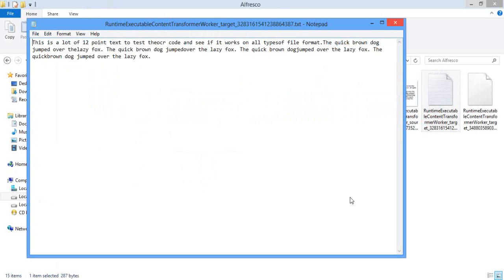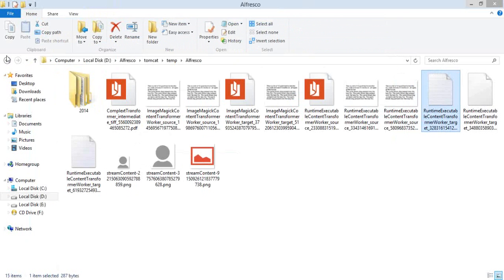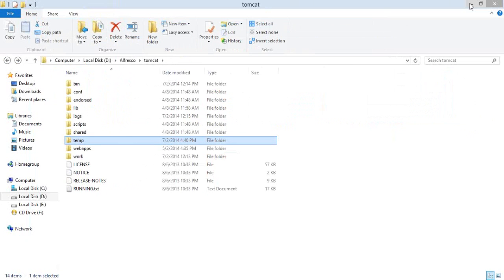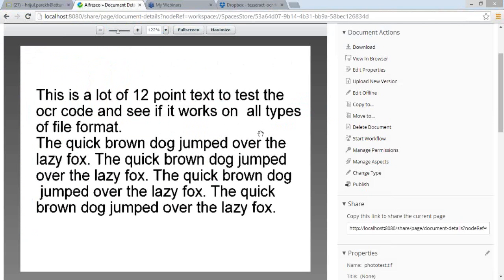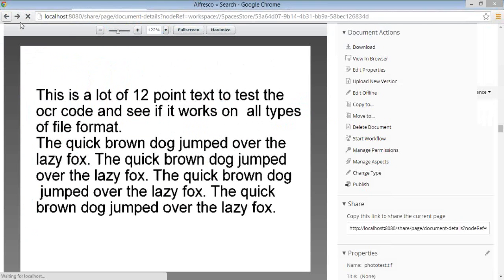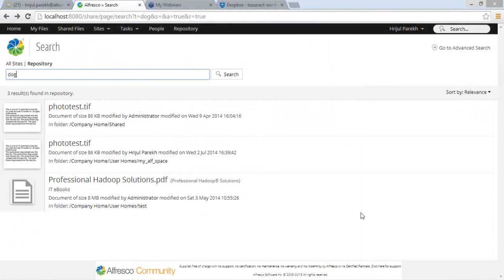With 300 dpi, it is giving 98% accuracy. If you go for lesser dpi and customized fonts, your accuracy level will degrade. So this way you can search your content.